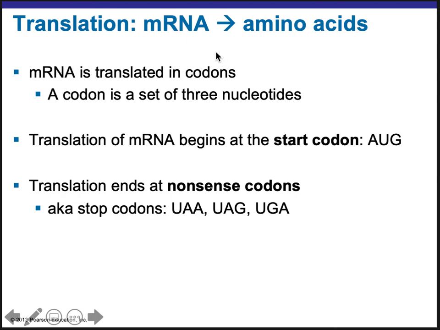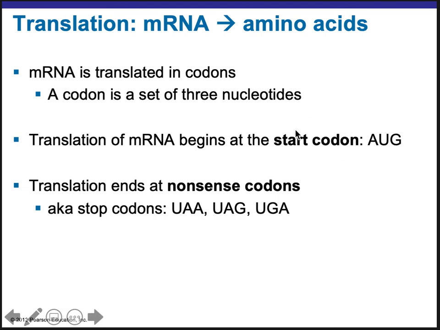It's in those codons. Every 3 nucleotides on the RNA sequence is a codon that codes for a particular amino acid. You have a few codons that you need to memorize. The start codon, which is always the first codon in all transcripts, AUG,